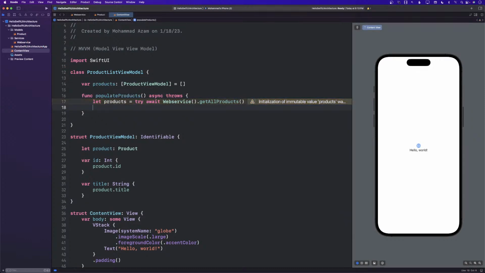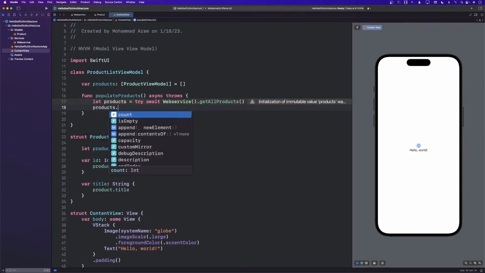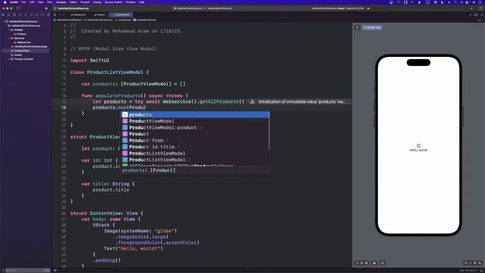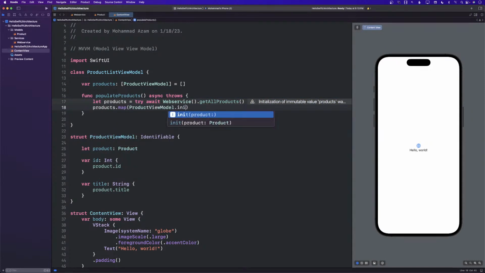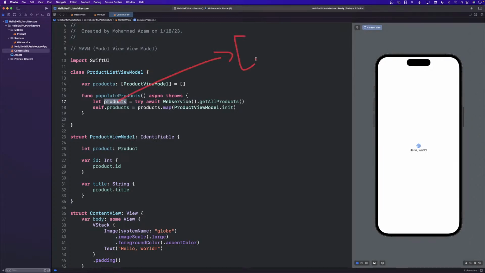So mapping is not really hard. We can simply call products.map and pass in the product view model.init. Let me go ahead and explain to you what that line actually means. What this is going to do is go through an array of products. This one is actually an array of product, and we are trying to convert it to an array of product view model.